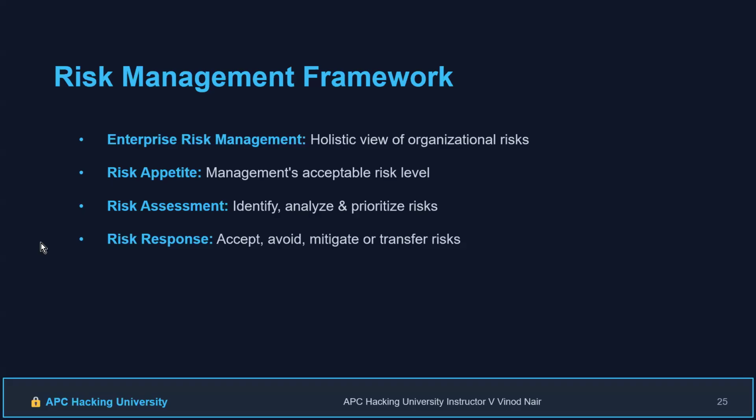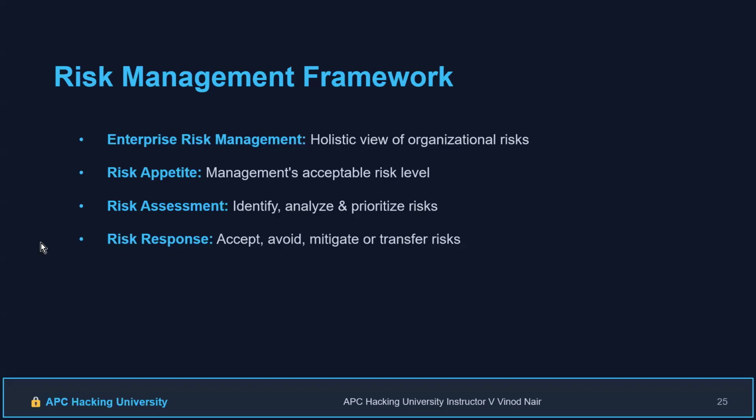SOC 2 is for operations, as I told you earlier. It is specialized based on what kind of operations you have. For example, if I am a software development company, having ISO 27001 is fine. But ISO 27001 says that you should have a process in place, and that process is in place. That's all. But when I am having software development, I need to ensure that the process has to be audited, right? For that, SOC 2 will be there. That is called a specialized audit. SOC 1, SOC 2, and SOC 3 are specialized audits.